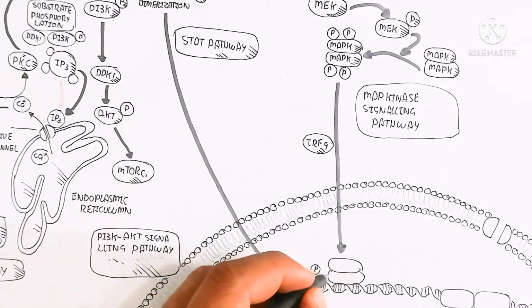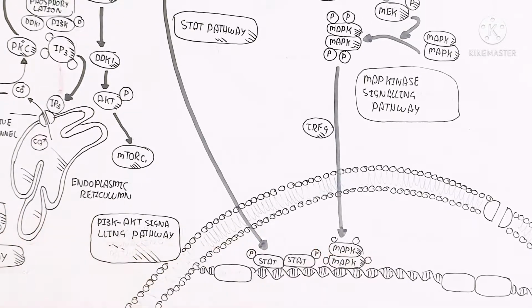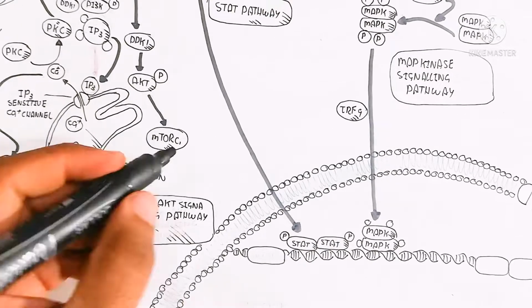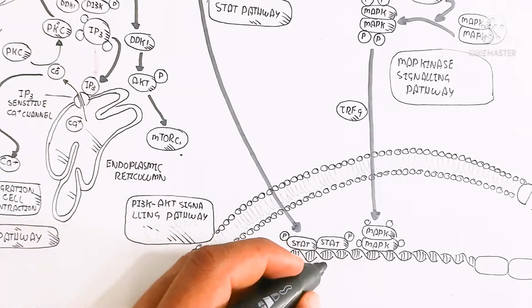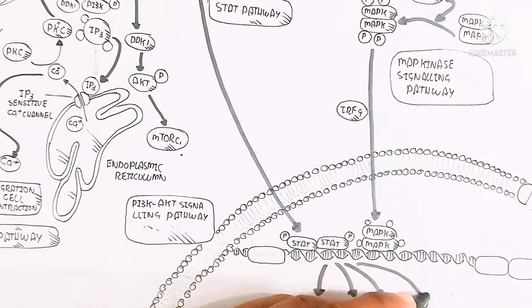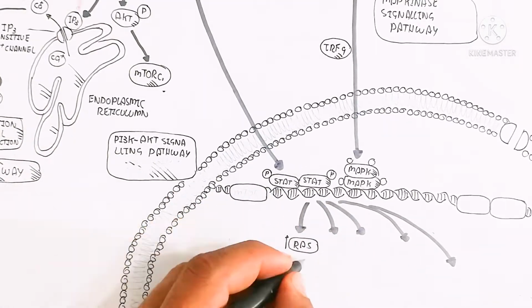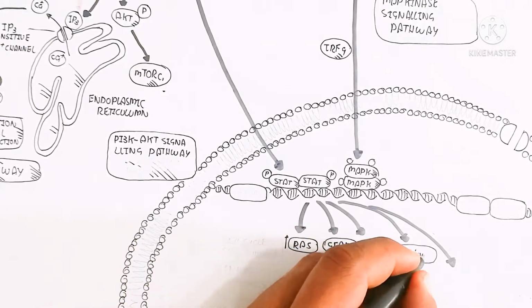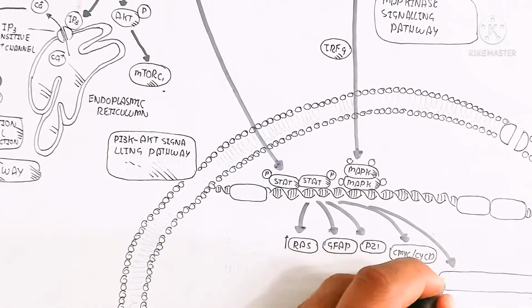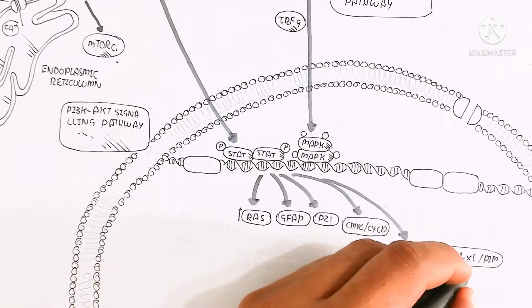This STAT will trigger the transcription of other genes, for example. And on the other hand, the MAP kinase complex will trigger other genes, for example. On the other hand, we will discuss the mTOR pathway, which will also stimulate different gene transcription for translation to produce synthesis of protein. So here the STAT, a transcription factor, will produce the RAS gene activation, GFAP and